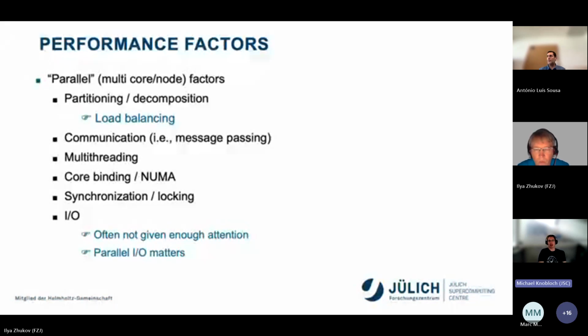Okay, next slide, please. And then that's not bad enough. It gets even worse if we look at parallel performance factors. So those are the things you have to consider when going multi-core, multi-node. Right? The first thing and the most important thing is the partitioning or domain decomposition. So you have to make sure that the load balancing of your application is efficient. So what you ideally want to have, and we discuss this in the next parts of this webinar, is that every compute entity has the same amount of work to do between two synchronization points, right? So this is what we call load balancing.